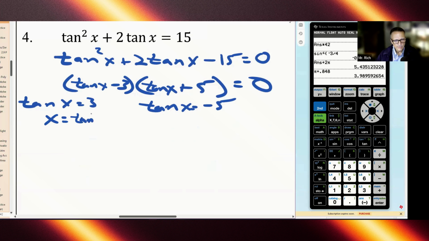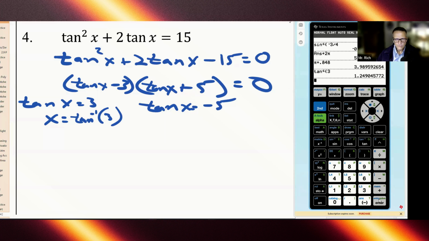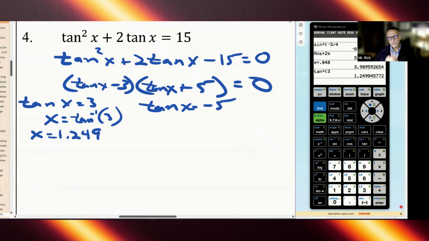So I'm going to take the inverse tangent of 3 on my calculator. Should be in the first quadrant. Yeah, 1.249. The first angle that we got is 1.249, like that. Now remember, if you're trying to figure out what quadrant these decimal radians are, don't forget pi